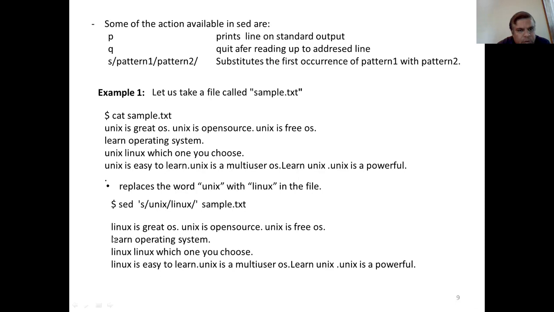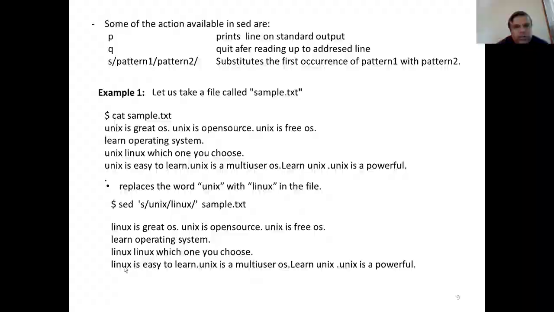Here, if you observe the output, the first occurrences of the word Unix are replaced with Linux. So here Unix is there, replaced with Linux, and here Unix is there, replaced with Linux. Here Unix is there, and on the next line, Unix is replaced with Linux.